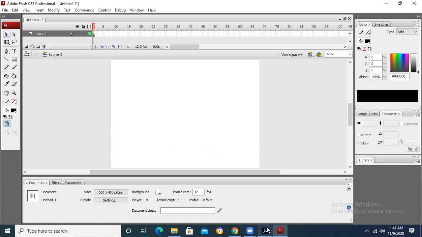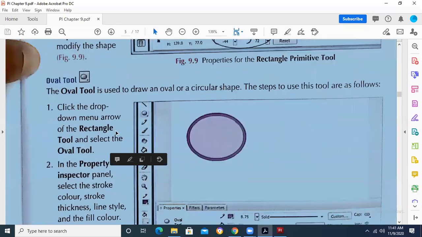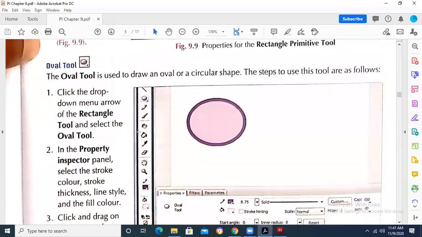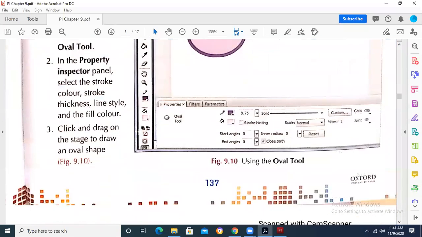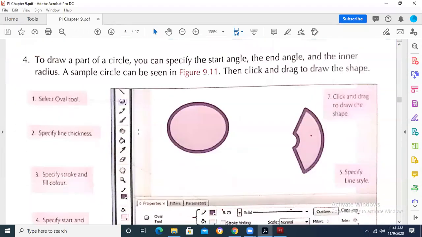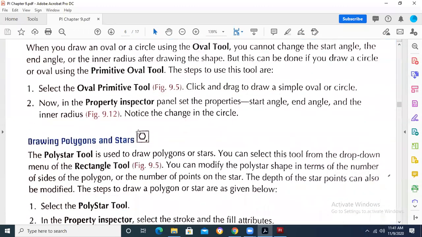So now what we are going to see is the purpose of the oval tool, which we have already gone through. Then the primitive oval, how we can draw different portions of the circle.